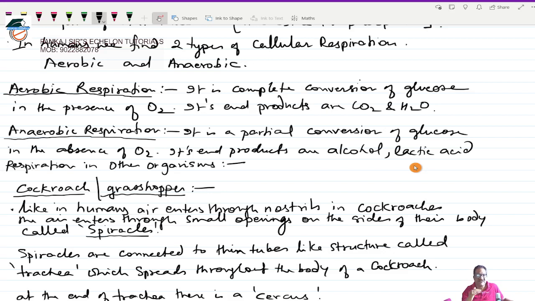complete the cellular respiration part as well. In cellular respiration we saw that there are aerobic and anaerobic respiration. There are some pretty good questions that I will discuss in the question answer session, not now. In that you will understand the various applications of aerobic and anaerobic respiration. I will do some interesting related questions in the question answer session, not now, but the concept is going to help us a lot. So I have told you the concept of aerobic and anaerobic respiration. Now coming next to